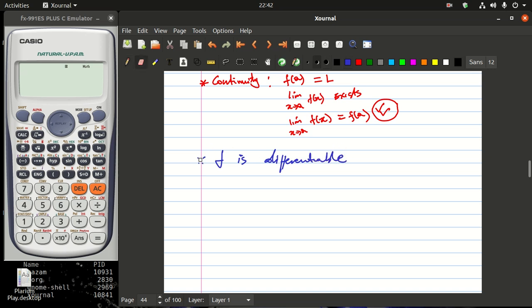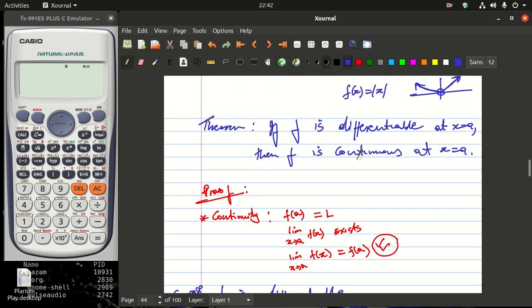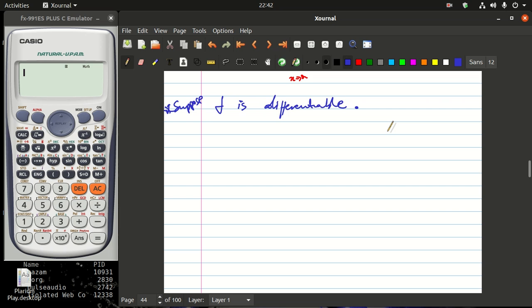So I suppose that f is differentiable. What does this simply mean? Note this one thing here: if this happens, then this happens. So I'm going to suppose that this is happening, and suppose that this happens, then the limit as x approaches